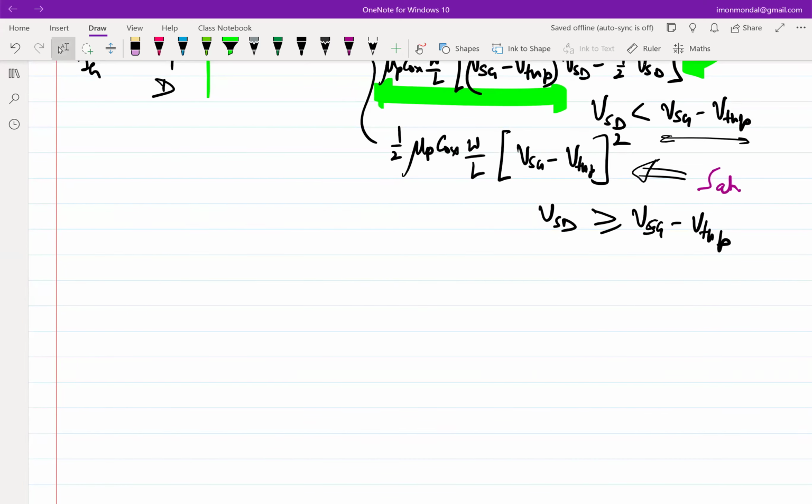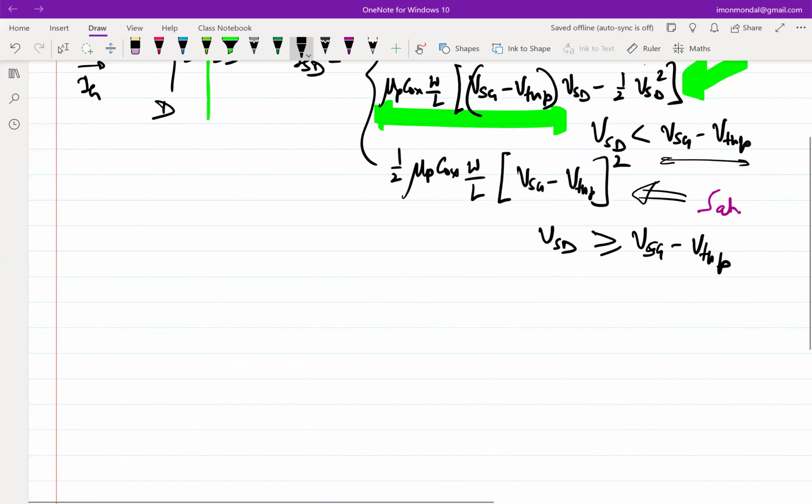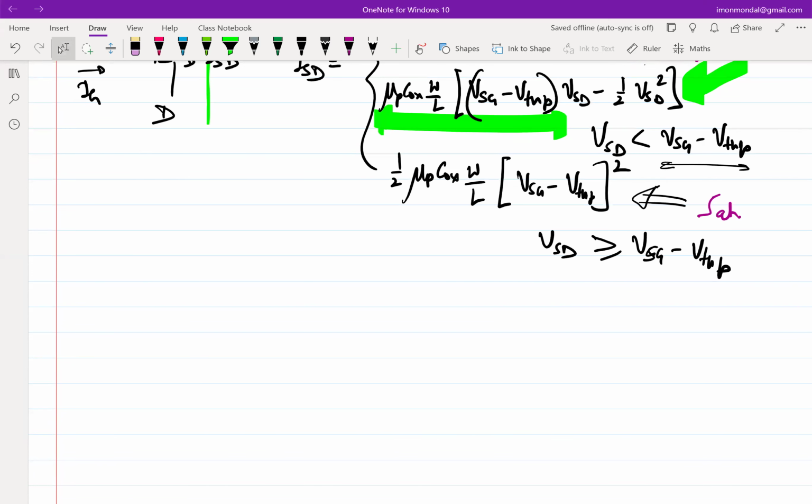Since Ig is equal to 0, for the input part of the amplifier, we don't have to bother. The input characteristics of the device, Y11 and Y12, actually go to 0. But we'll have to see how the output characteristics play out. That is, we have to plot ISD with respect to VSG and VSD, so that we can take the appropriate differentials. So if we plot ISD versus VSD,